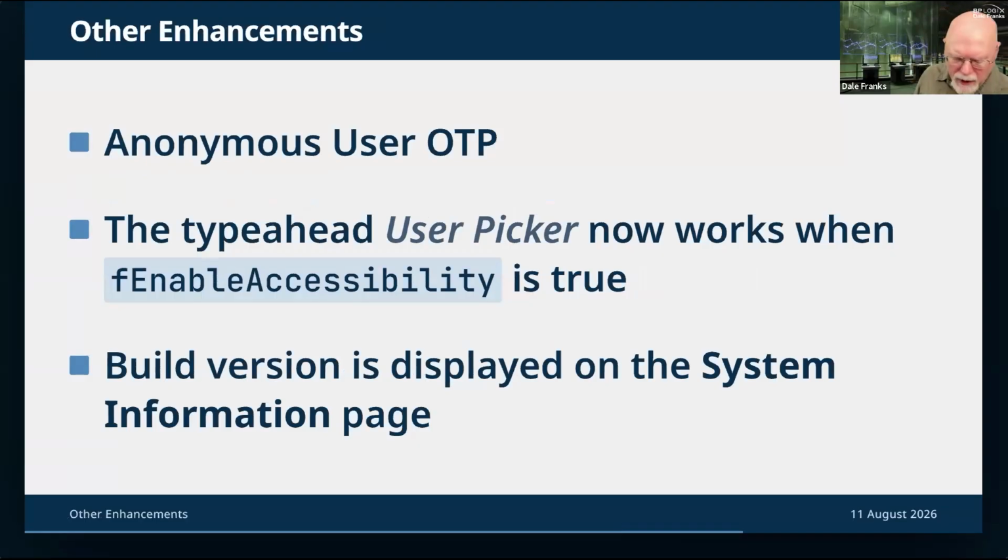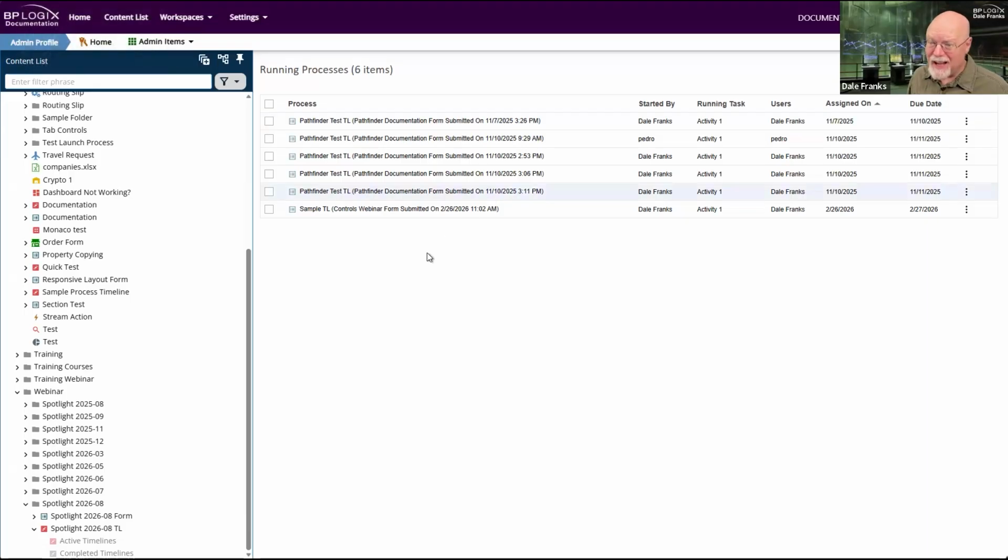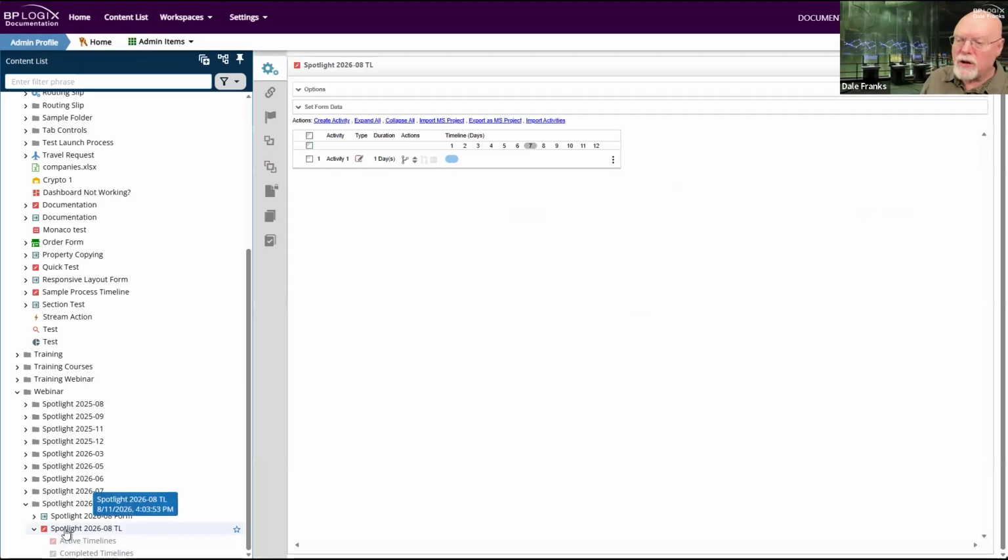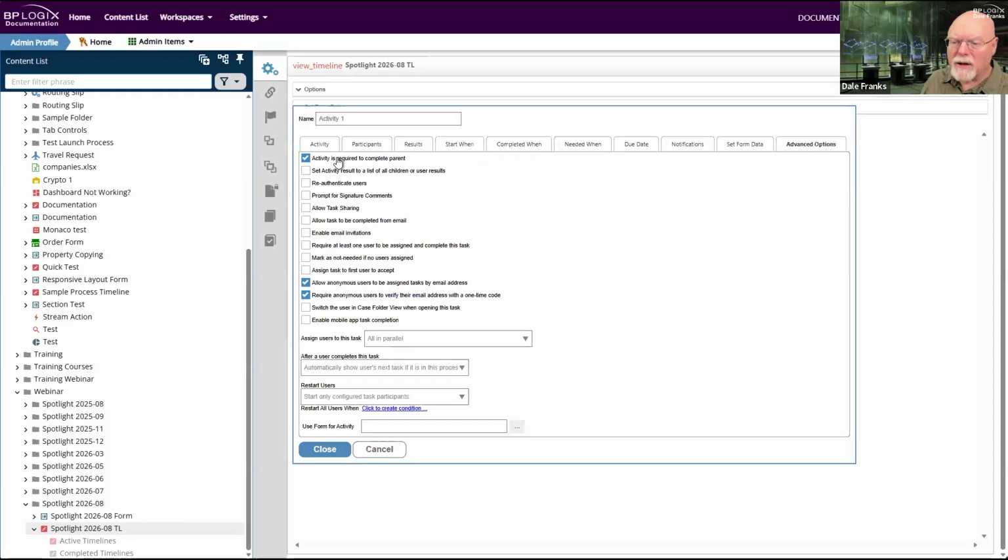So some other enhancements. The first is anonymous user one-time password. Now, I can't demo this because this server doesn't send email, actually, but there is a new setting to enable this. What we've had a request for is, if we're going to have some sort of activity that we want an anonymous user to do, we've already had this allow anonymous users to be assigned by email address.